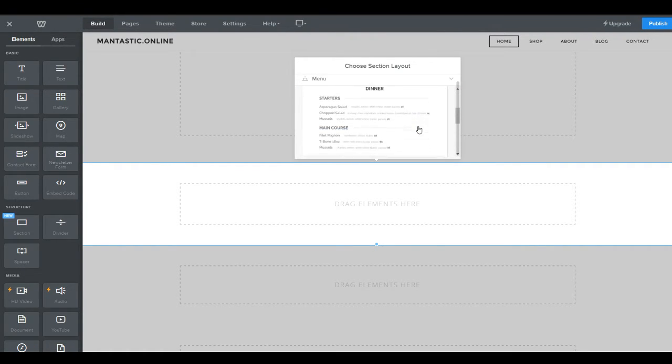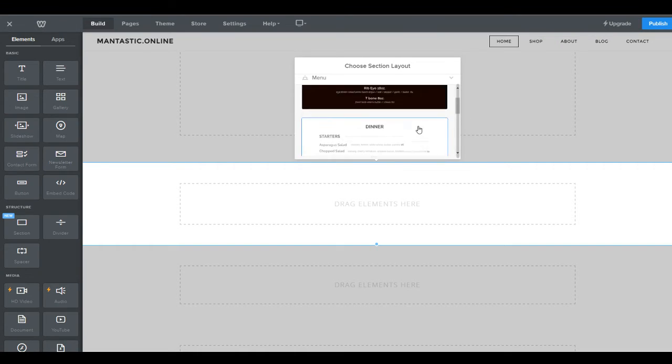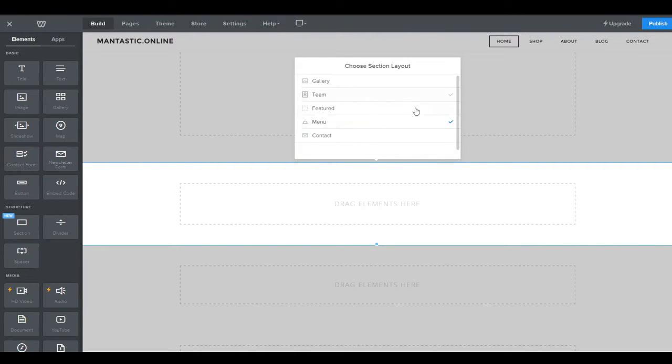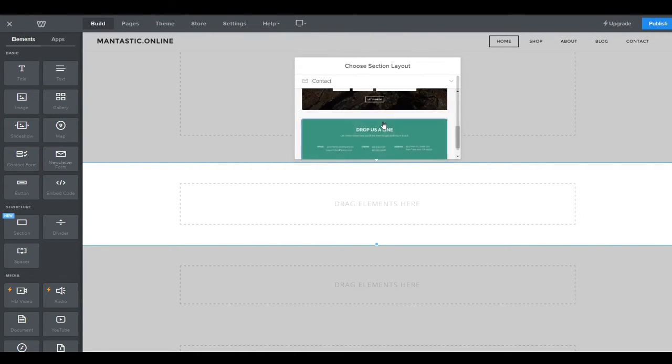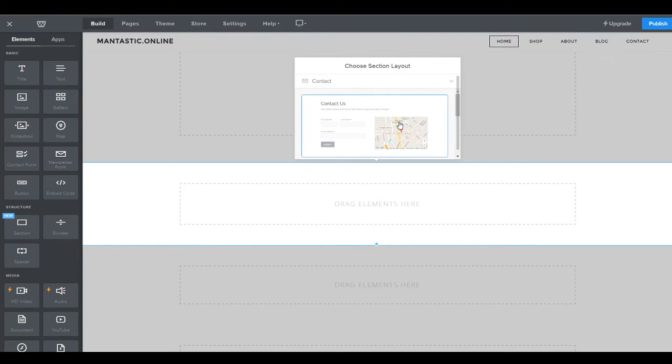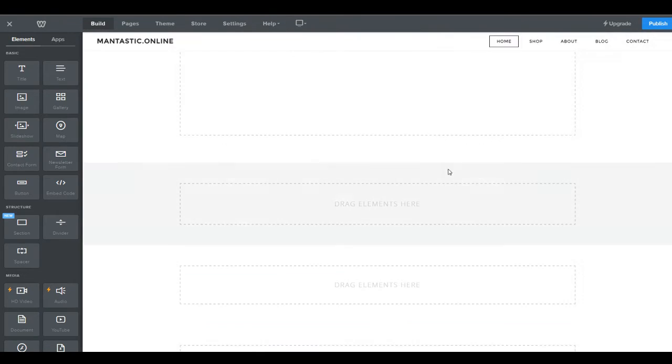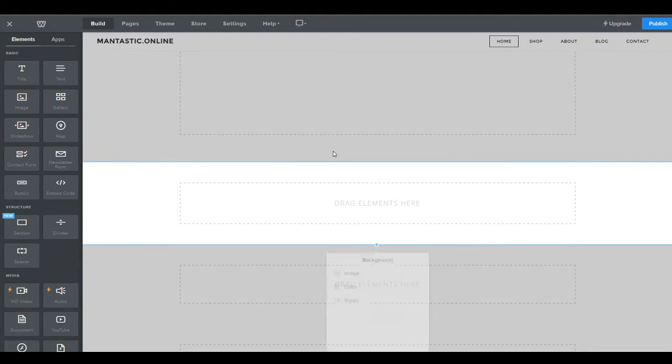You can do your menus like so. Again, pretty spiffy. And you can do your contact forms like this as well, which again is really neat. Now, the one that I want to do today is I'm going to do... Actually, we're not going to do any of that. We're going to edit our background. And we can come over here and, like I said before, we can do a